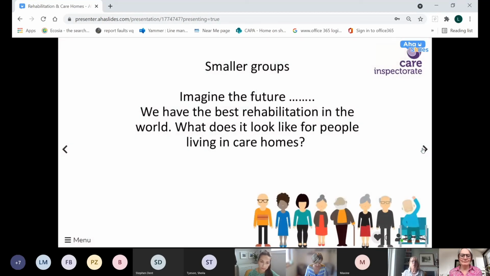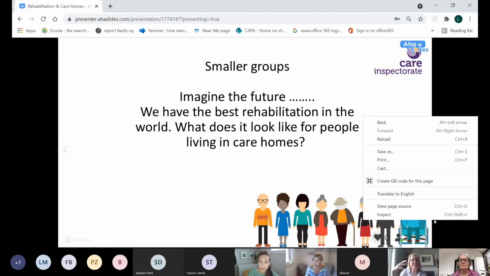Okay, now we're going to have a chance for some conversations. This is an invitation for you to have a chat. We're in a difficult time, as I say, but this is about imagining a fantastic future, maybe in 2025 or something like that, where we're looking at the excellent rehabilitation that's been happening over the last while. So just imagine we're able to wave a magic wand, and COVID is gone, and people,